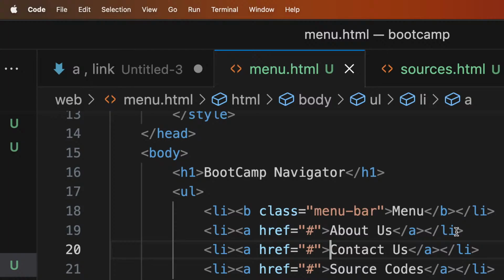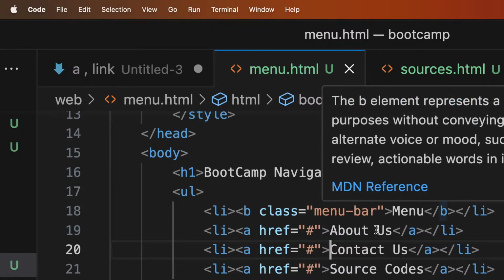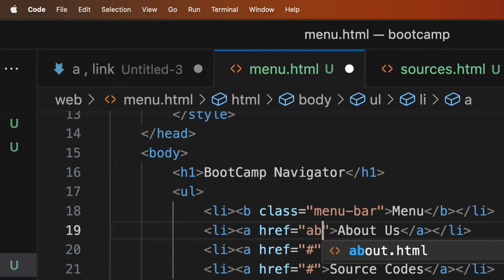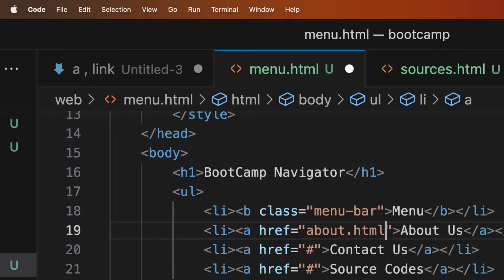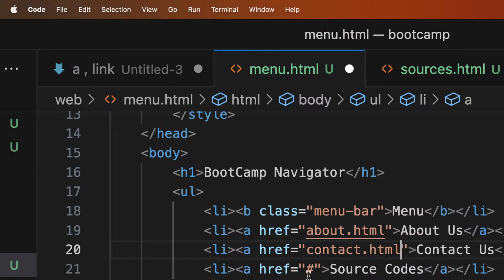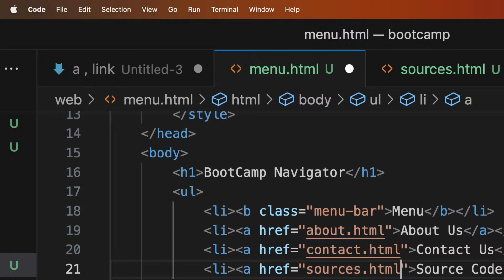and go to the list items, we can now say that instead of this hash, you should go to about.html. Instead of the hash for contact, you should go to contact.html, and instead of source code, you should go to sources.html. So once we have done this,